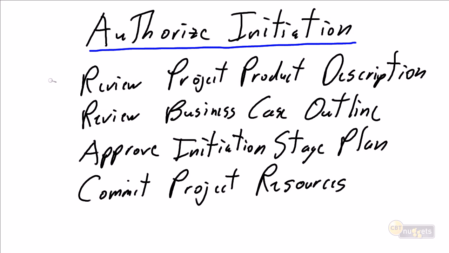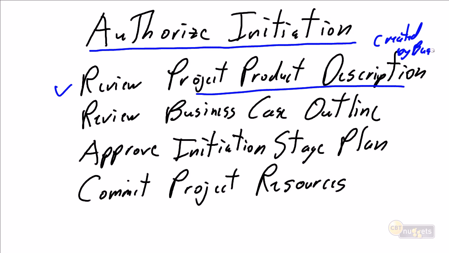So the specific activities we expect them to do within this is to review the project product description. This is going to be created by the business, or at least owned by the business, but this is one document where I would suggest we truly need the business to take the ownership and to author the document, because this is where the business is outlining their problem, or again, the term that I've used in the past, their pain. This is where I'm having challenges. This is where I seek improvement. This is where I need Steve's help. This is where I need IT's help to develop a project to remove my pain.